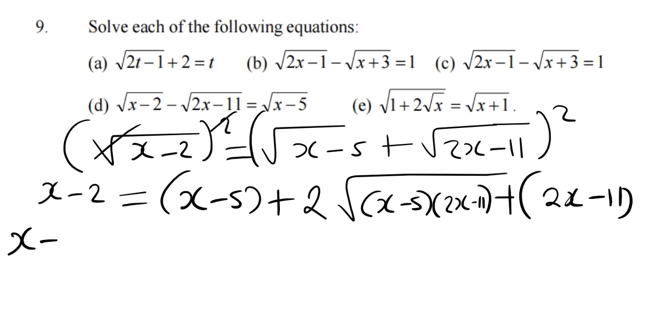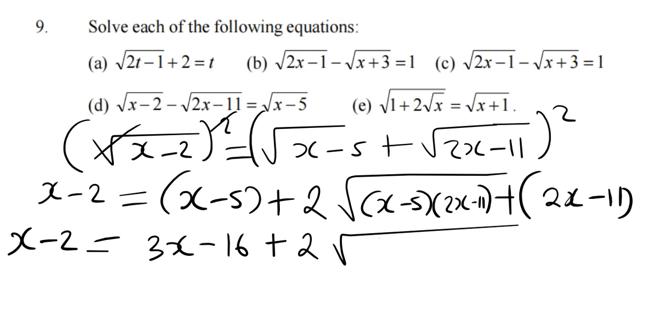So I'm going x minus 2, this will be equals to, okay, so the extremes, I think the extremes can add up so that we see what we can have. So we've got x and 2x. When they add, we're going to have 3x. Then we've got negative 5 and negative 11. When they add, we're going to have what? Negative what? This is negative 16. Then plus the whole expression 2x minus 5,